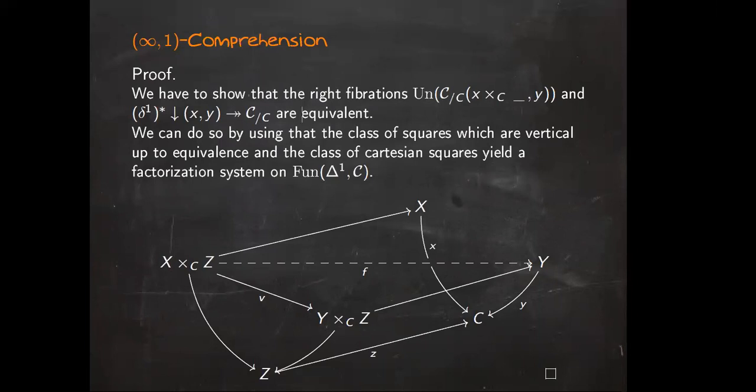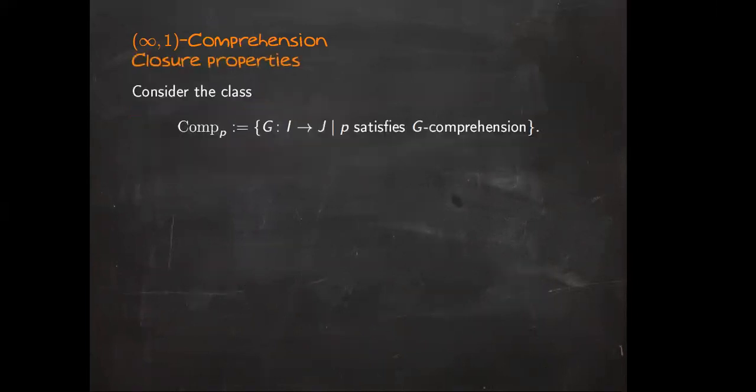And yeah, you can show that universality in both cases kind of translate into each other. All right, so having these examples at hand, we know that certain fibrations satisfy certain comprehension schemes, so we might